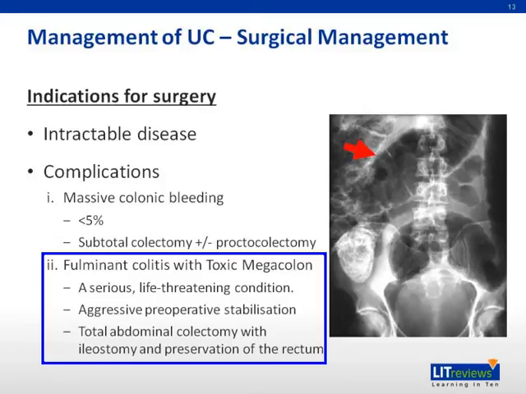In this condition, bacterial infiltration of the walls of the colon creates a dilatation of the colon of more than 6 centimeters in diameter, as shown by an arrow in this abdominal X-ray, and this progresses to the point of imminent perforation. This decompensation results in a necrotic, thin-walled bowel in which pneumatosis can often be seen radiographically. Aggressive preoperative stabilization is vital.